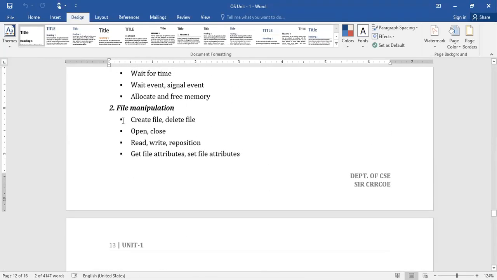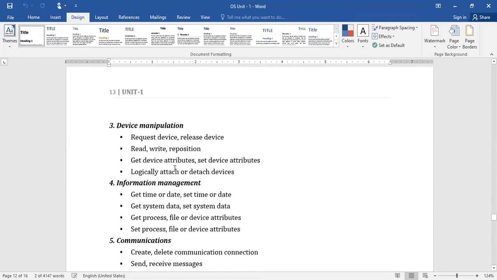If you want to get the attributes of the file, because they are recorded somewhere in the memory, you need to move to that location. Then only you are able to retrieve it. So for that, again, whatever service of the operating system you want, we need to have a system call.